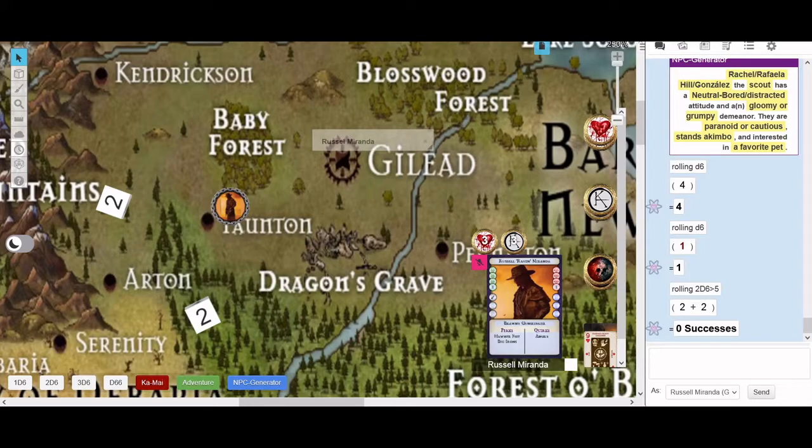Being as this is, like I said, a civilized town near Gilead, I'm not wanting to turn it into some kind of big gunfight necessarily. I mean, they are gunslingers, but I want to maybe guide it towards something else.